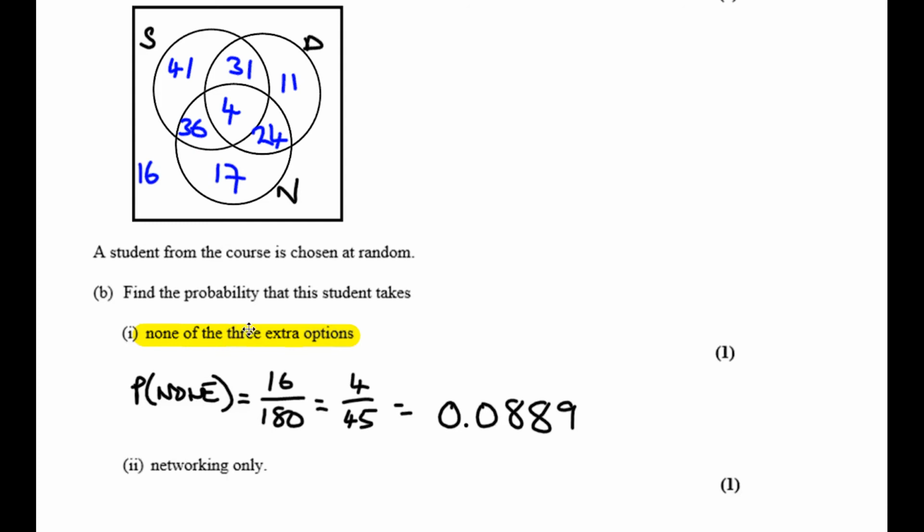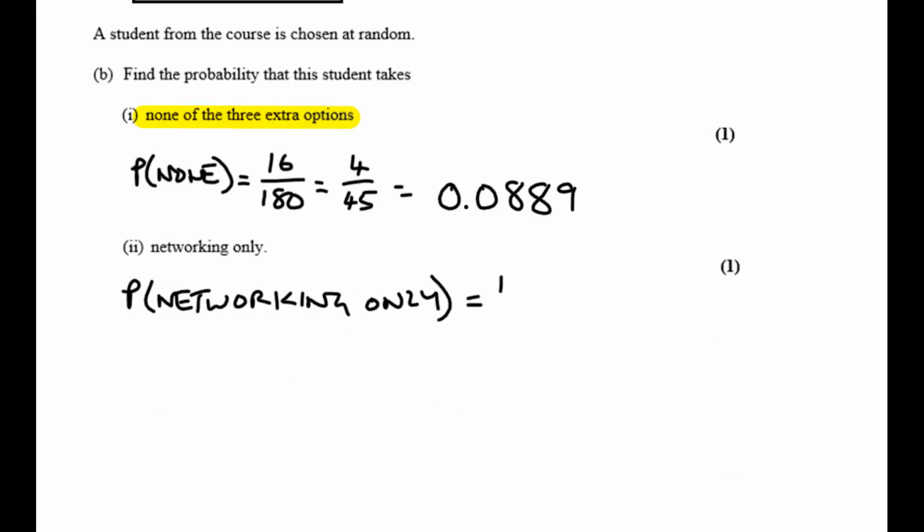Okay, still referencing our Venn diagram, what's the probability that a student studies networking only? So they will only do 1 extra subject, and that will be networking. Quickly identifying that must be the 17 from the Venn diagram. Probability of networking only equals 17 out of 180. Not as easy to simplify. In fact, it doesn't simplify. 17 is a prime number. Leaves us with